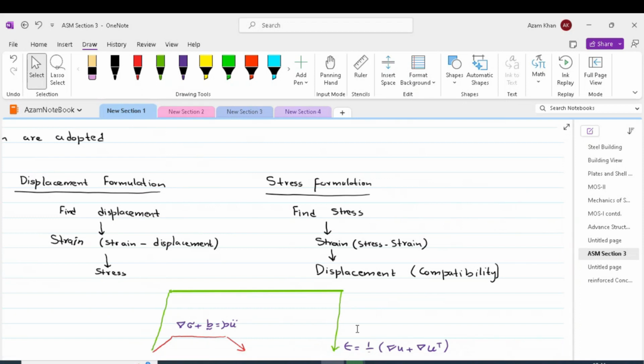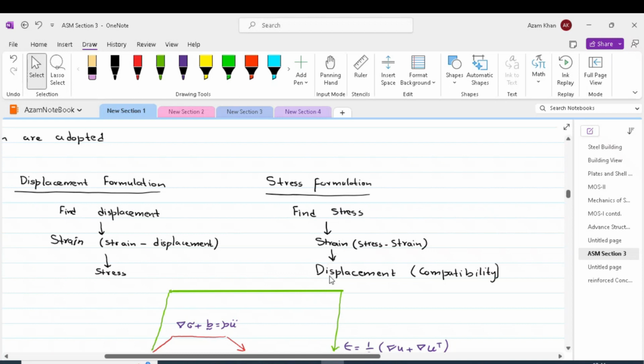We will now move to stress formulation. In order to use stress formulation for determining stresses, strains, and displacements of a body, we have to start from a stress function, find out the relevant stresses. After that, we use the constitutive equation to find out the strains, and finally, from strains, we can work out